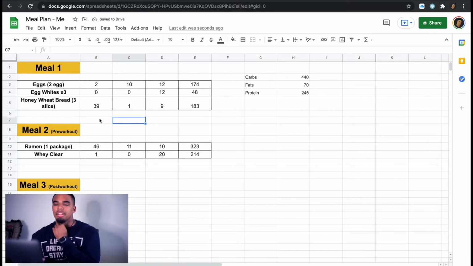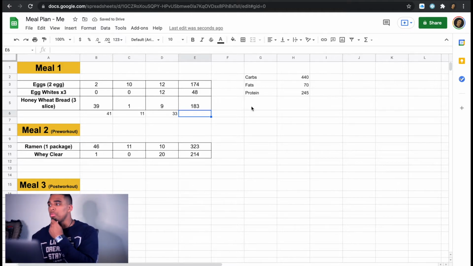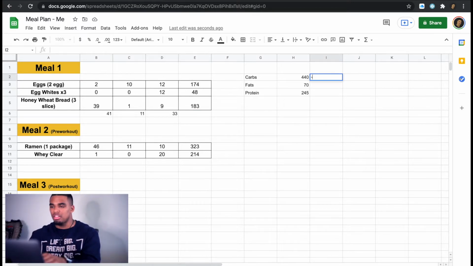We're sitting at 41 grams of carbs throughout the morning, 11 grams of fat, and let's see, 33 grams of protein. And so, like I said, we're going to base everything that we're doing off of my main macros. So right here I'm going to subtract 41 carbs. Here we'll subtract 11 fats, and here we'll subtract 33 protein. So this will put us at 399. This will put us at 59, and this will put us at